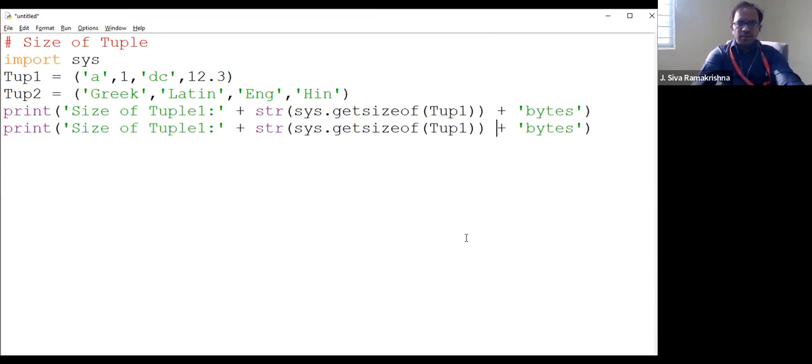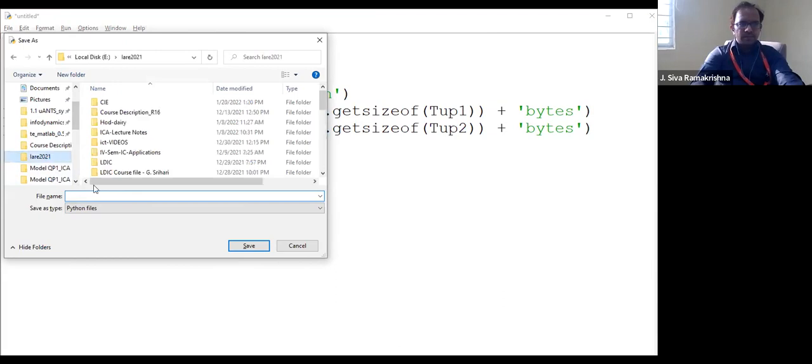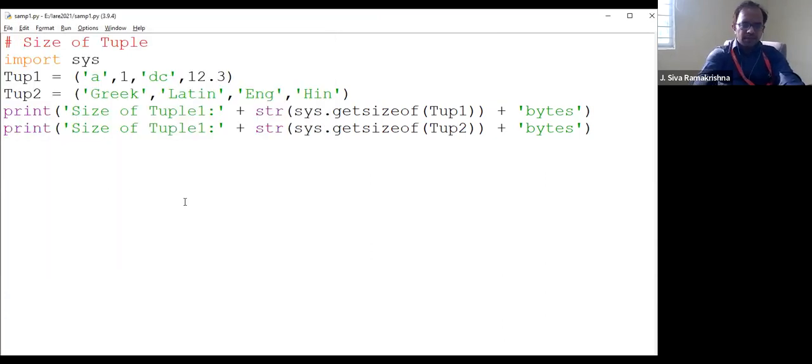Same thing, just replace this with tup2, right? Let me save this. And then if I run,